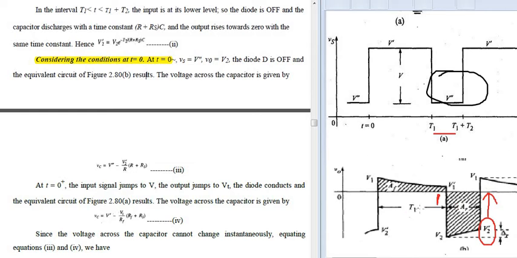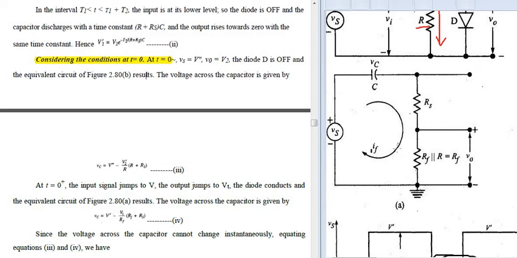So that can be given, and the equivalent circuit for that particular one is this. Here it is in the forward bias condition. Correct? So the voltage across this capacitor, you can tell me now, what is the voltage across this capacitor, will be given as V dash. This is the source voltage that we are getting in the positive part of the rail, minus V1 divided by RF, V1 divided by R into R plus Rs. Similar to that one. Yes, here we got V1 minus V1 divided by RF plus Rs. What is RF plus Rs?